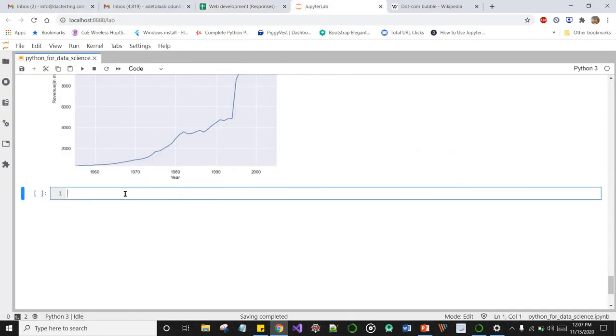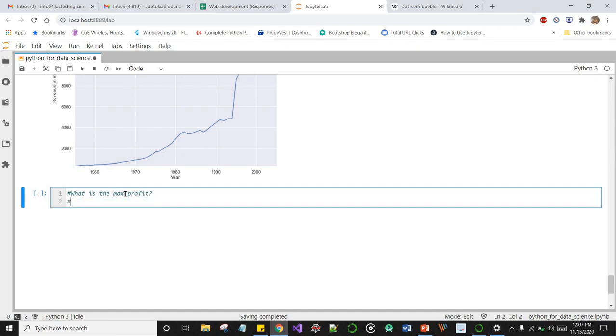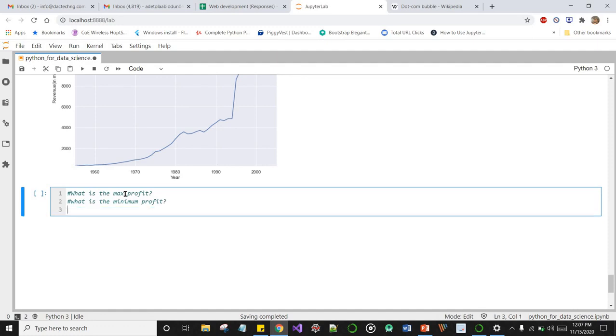We might want to check, for instance, what is the maximum profit? These are simple questions, right? What is the minimum profit made by these companies? Which company made the highest revenue and profit?